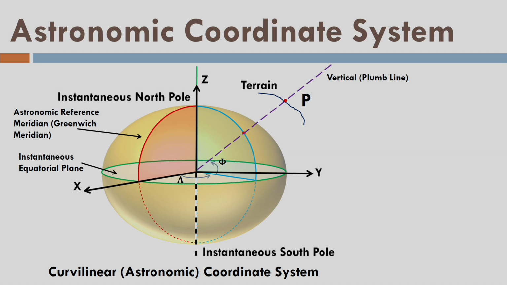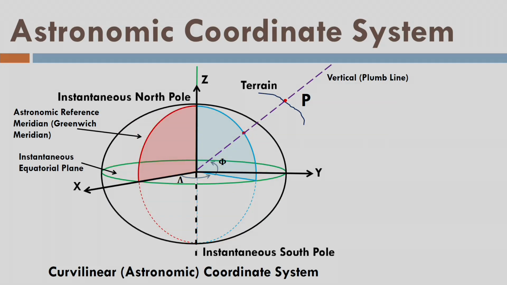Secondly, in case of astronomic observation, when I perform some astronomic observation, I will do some observation at a certain instant. At that instant, whatever direction of rotation axis of the earth is there, I will adopt that. As a result, we call it instantaneous north pole and instantaneous south pole, framed by the instantaneous rotation axis of the earth, and that becomes the z axis. Secondly, Greenwich meridian or the reference meridian is again instantaneous, because at that instant wherever I find the 0 longitude, I will say that particular meridian is my reference meridian, or I can say Greenwich meridian. But remember, it is an astronomic reference meridian.